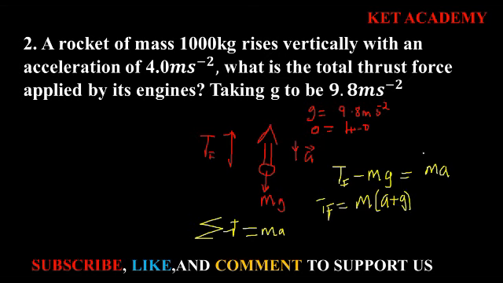So I actually took mg that way, and since m is common, I factor it out. So our thrust force will simply be equal to 1000 times our acceleration, which was 4, plus the acceleration due to gravity, which was 9.8. So doing this, 4 plus 9.8 is 13.8 times 1000 gives us